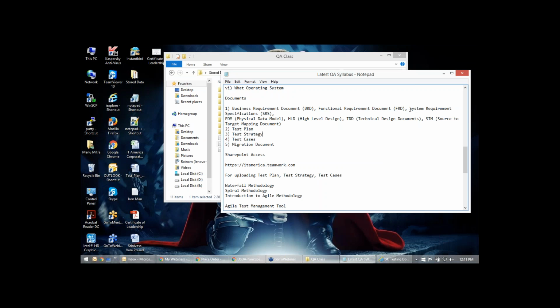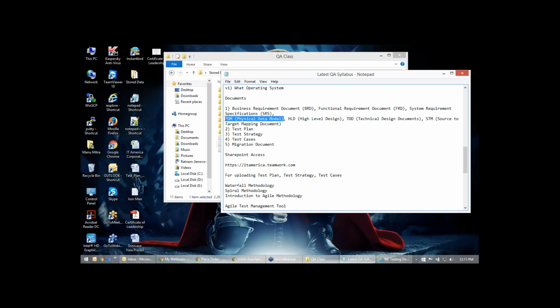System specification. The system required specification contains a complete architecture, and also contains the software and hardware information. So that is SRS, system required specification.